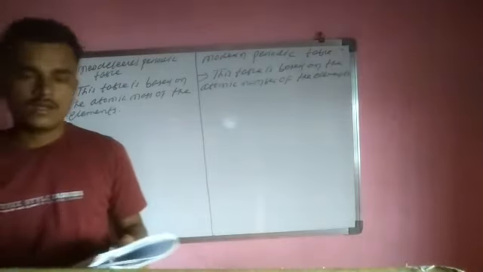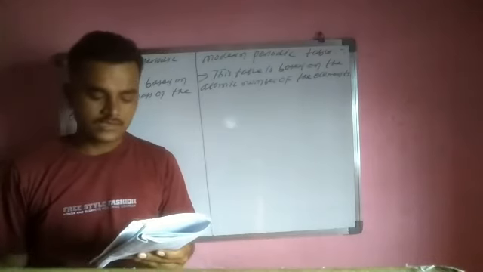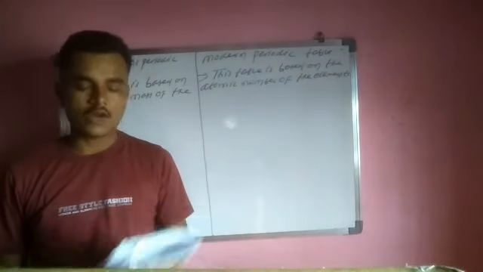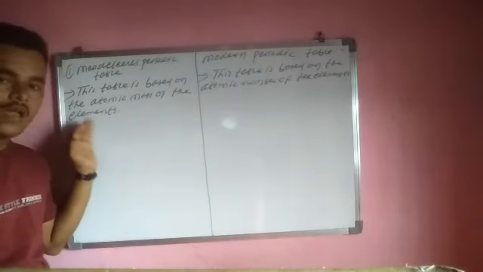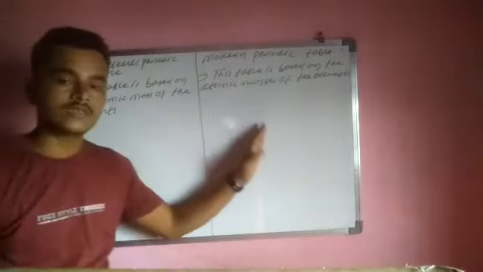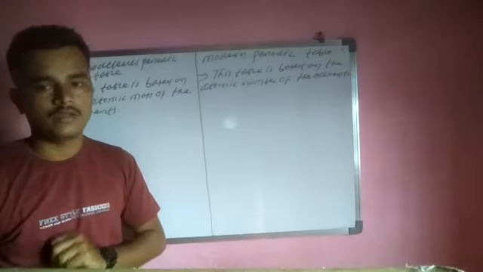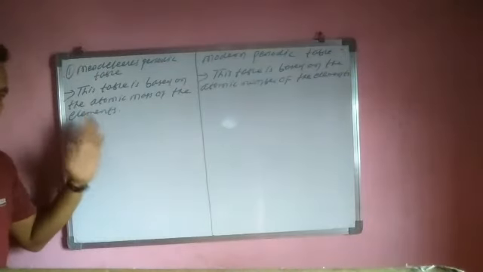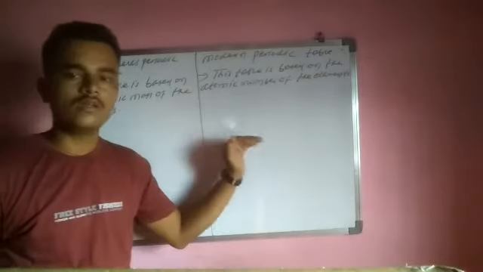Next one. Elements are arranged in increasing order of their mass and elements are arranged in increasing order of their atomic number. Now see. All the elements are arranged in increasing order of their atomic mass number and all the elements are arranged in increasing order of their atomic number. Mendeleev arranged the elements in his periodic table on the basis of increasing order of their atomic masses, and here it is increasing order of their atomic number. Write, elements are